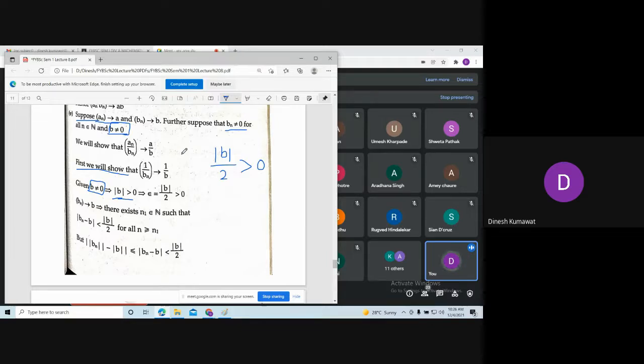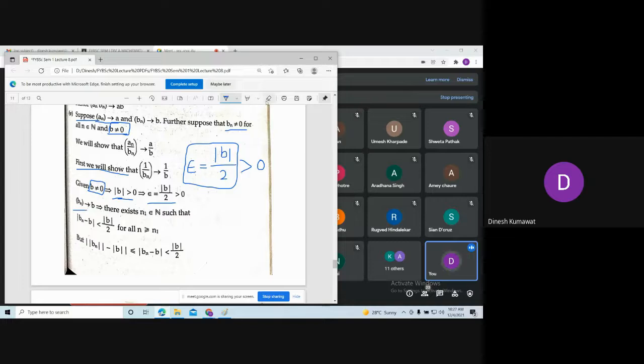And what is our assumption on epsilon? We are going to pick those epsilon which are bigger than 0. So if this number is bigger than 0, we can consider this to be epsilon. Now you will know at the end why we are considering this number to be epsilon. But remember, we are having only one condition on epsilon, that is this epsilon is bigger than 0. So here we are getting this mod b by 2 is bigger than 0, so we can consider this number to be epsilon. And at the end you will know why. The same we are going to follow for.